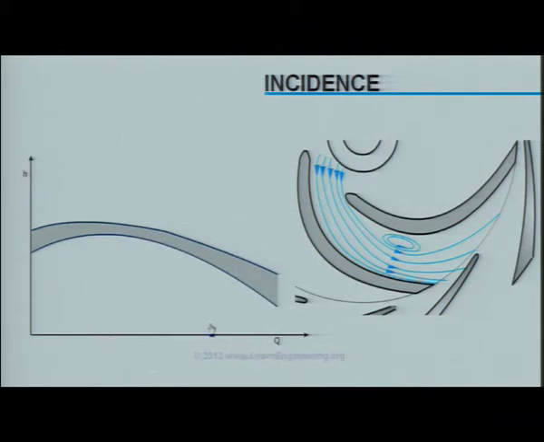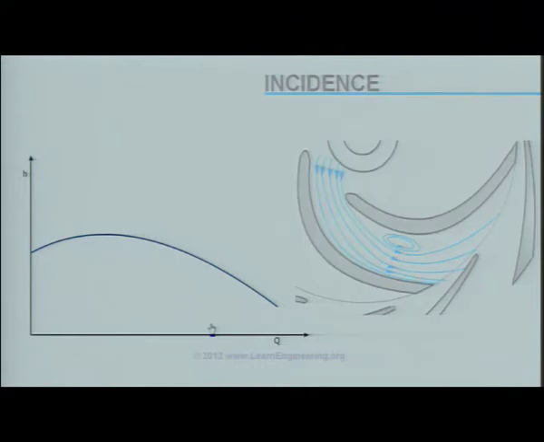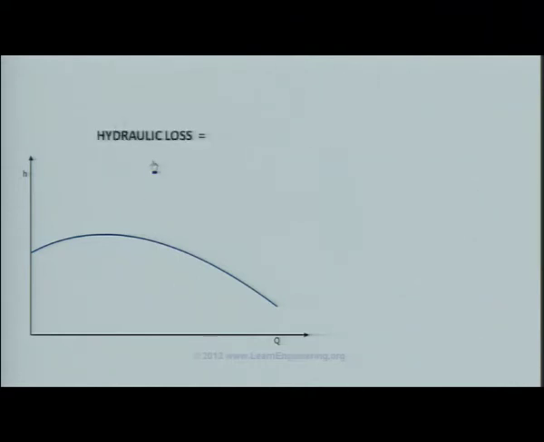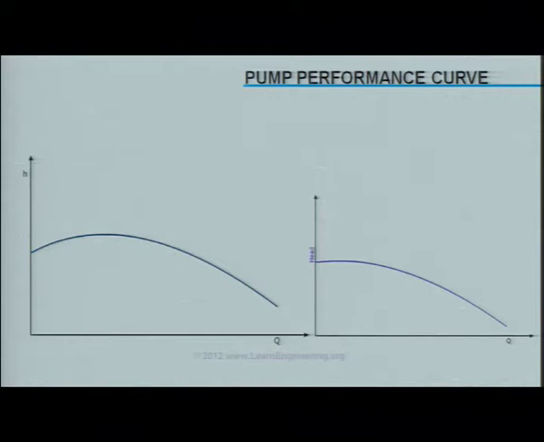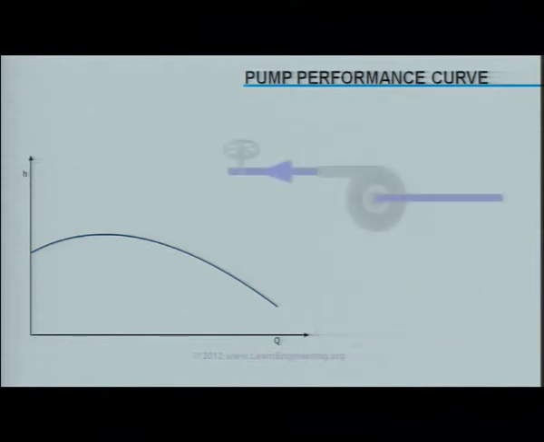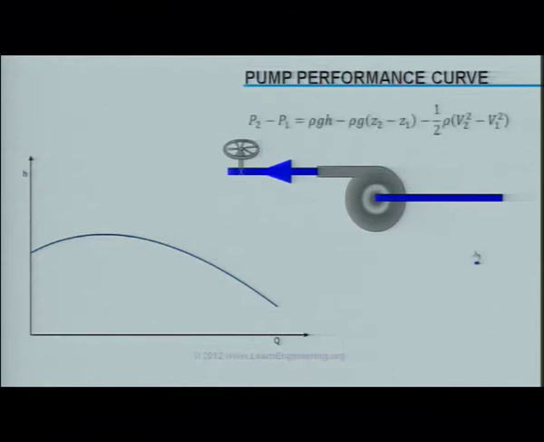Energy losses we have discussed so far, which reduce head of the flow, is known as hydraulic loss. So this will be the effective head versus flow rate curve. The shape could be anything like this, depending upon pump parameters. Such curves are known as pump performance curves. Please note that it is quite difficult to determine pump performance curve theoretically, rather they are determined experimentally. Using pump performance curve, one can easily predict what's the pressure rise across the pump by applying energy equation across it.